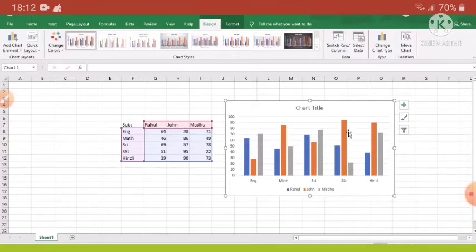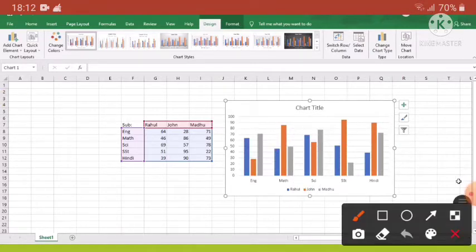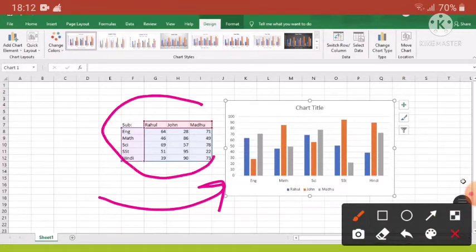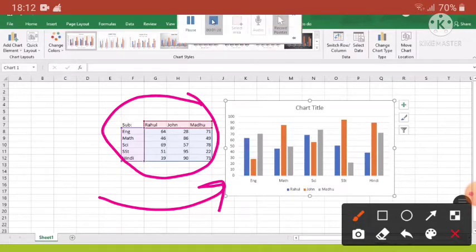Then that chart type will be displayed on your worksheet, according to the data given on the worksheet. So that is the chart, and this is how you can put any chart on your worksheet.